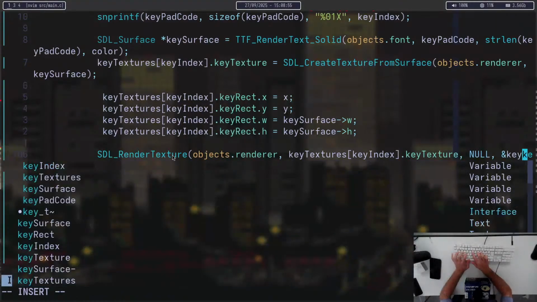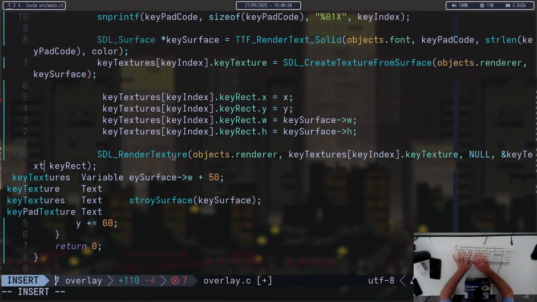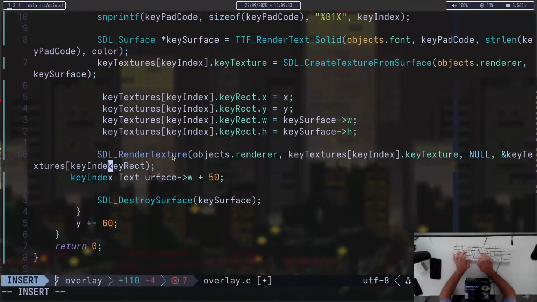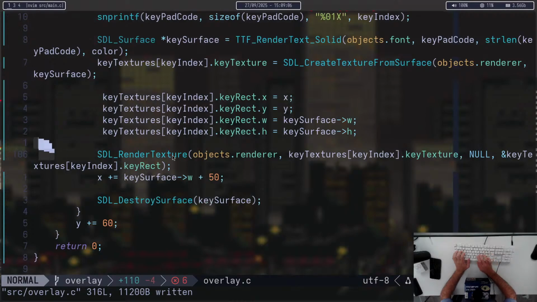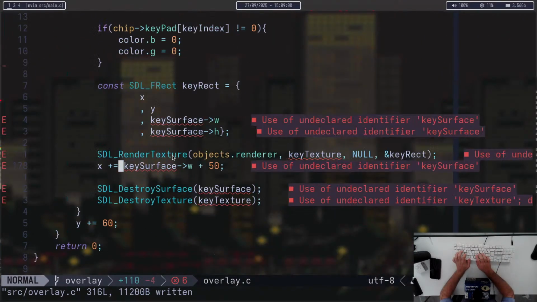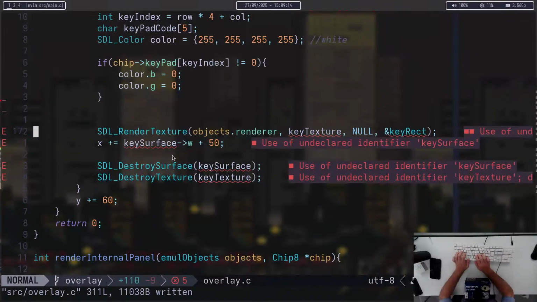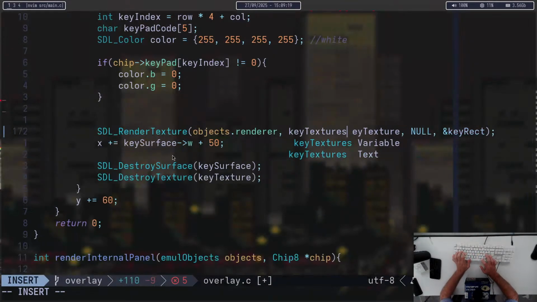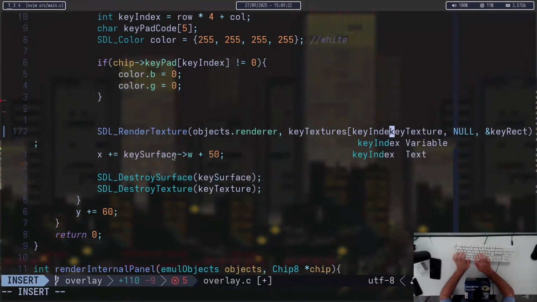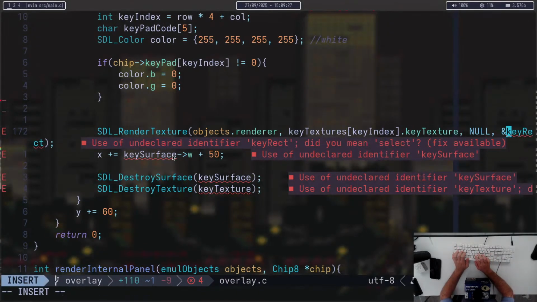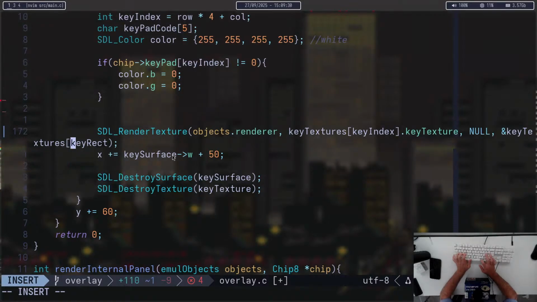And this is going to be key textures, key index dot key rect. I get 6 errors here. Okay. I won't even need to do this. I will just need to render the texture with key textures, the key index dot key texture and key textures. Yeah, with the key index